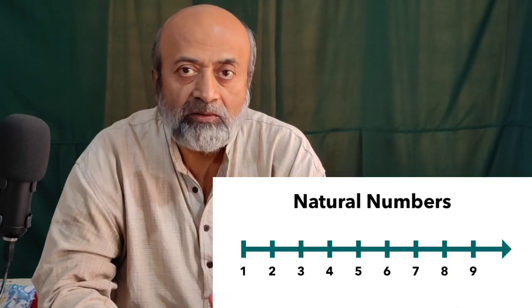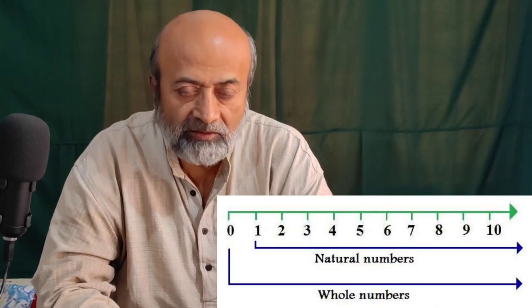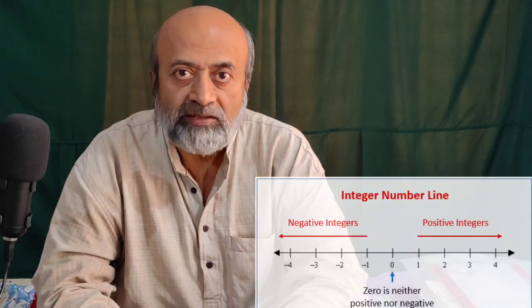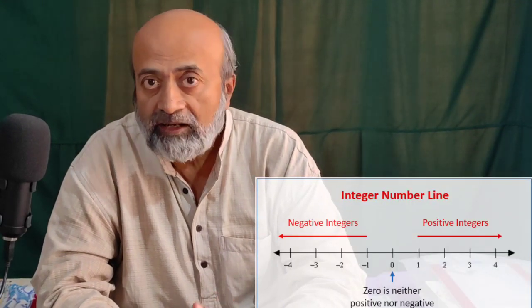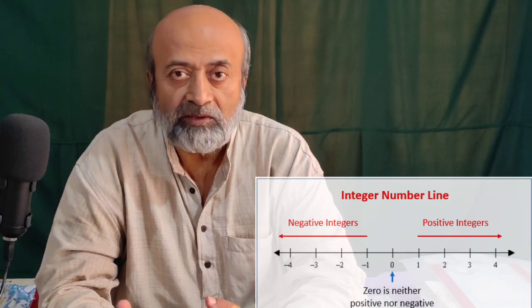We study the number system in schools, and also the sets of numbers which are one inside the other. For example, the natural numbers 1, 2, 3, 4, 5, etc. And the whole numbers, which contain 0. It starts from 0: 0, 1, 2, 3, 4, 5, etc. And also the integers, which also contain the negative numbers. For example, -3, -2, -1, 0, 1, 2, 3, 4. So this is the kind of a set.